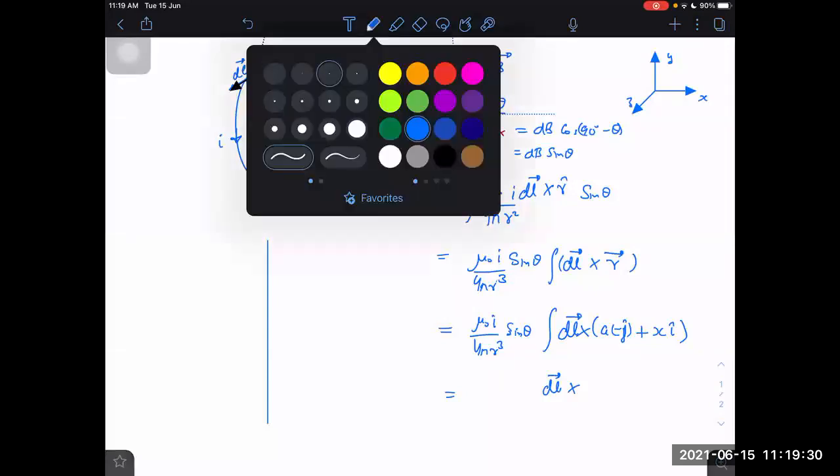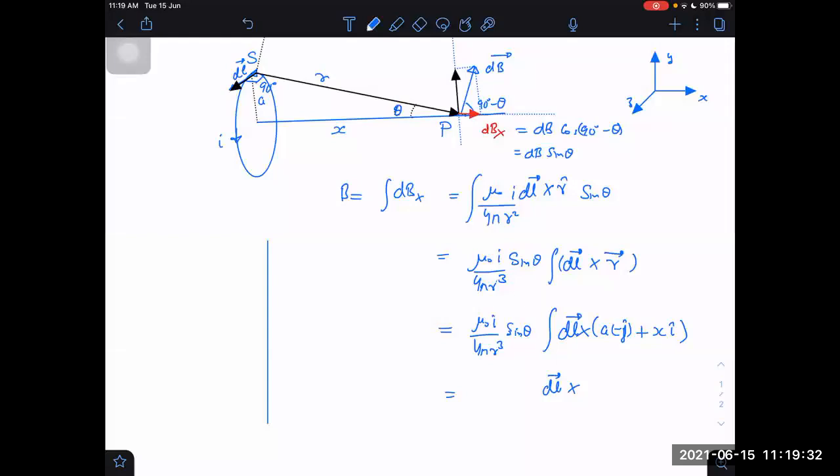Then you tell me now, dl cross x i cap. What will be dl cross x i cap? Sir, according to origin, dl is along k cap. r bar changes, no, sir. Again, if we take a different origin, how will r bar change? r bar will change only if I change the x. Oh, r bar will change if I change the orientation of the axis. Sir, here r bar can be here, or here, or here, or here. Yes, why, sir.